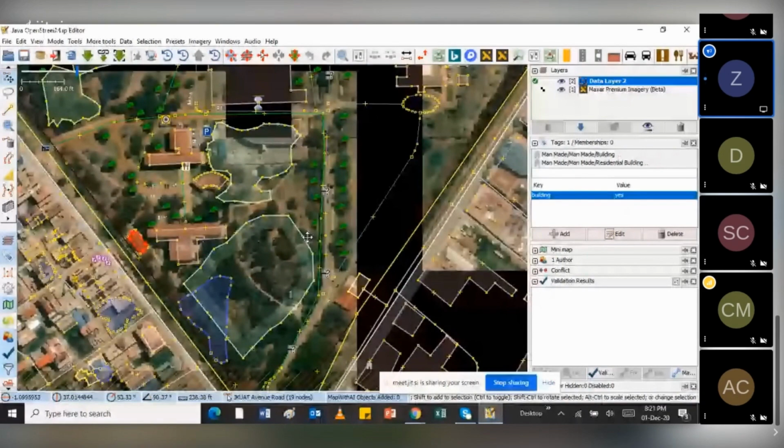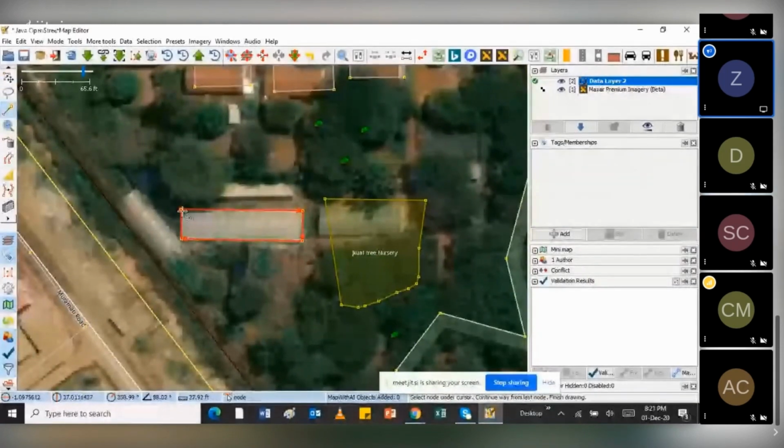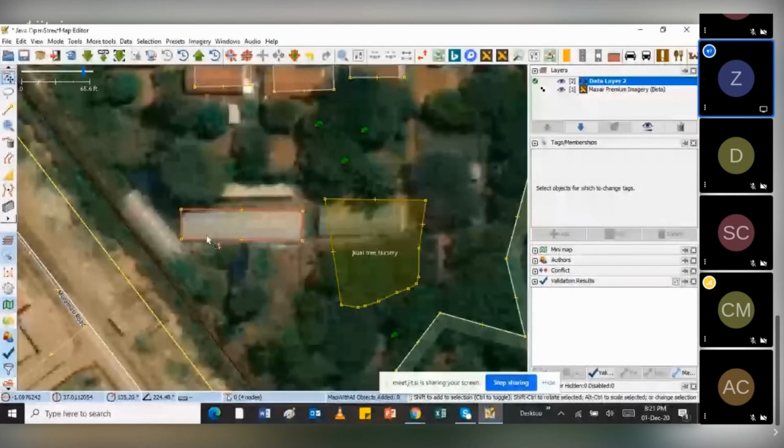It seems like all the buildings in JKUAT have been marked. So there's another node here. Then click escape and select the feature again and make sure that it's squared properly.